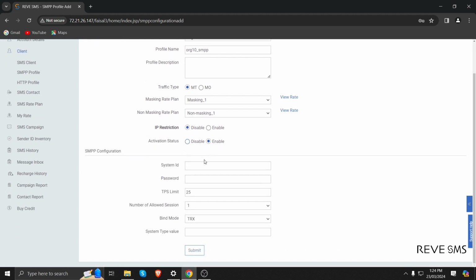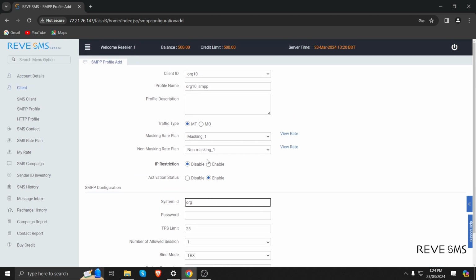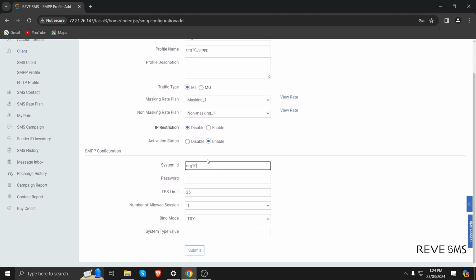Activation status, again enable, and then we have the SMPP configuration. Here we will have to put a system ID. Let's say org, what was the profile name? 10 test, password 12345. TPS limit, or transaction per second limit, is the capacity